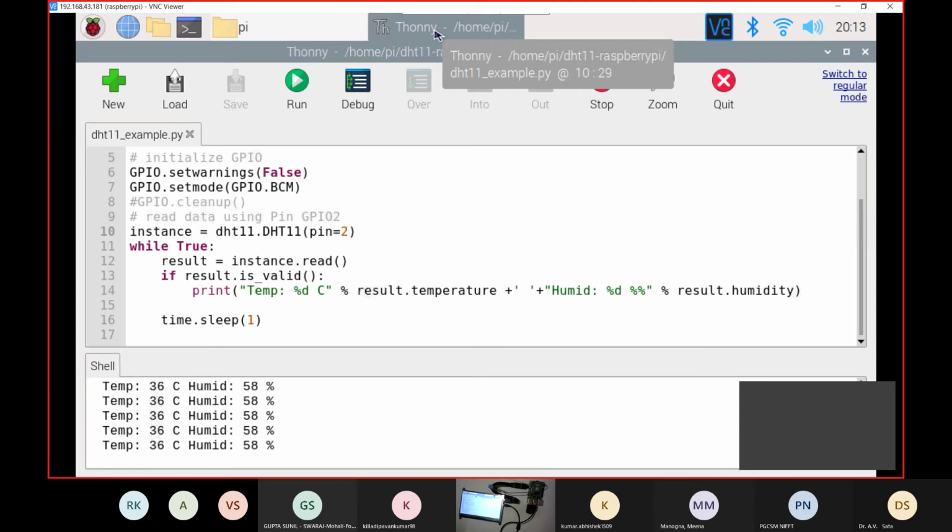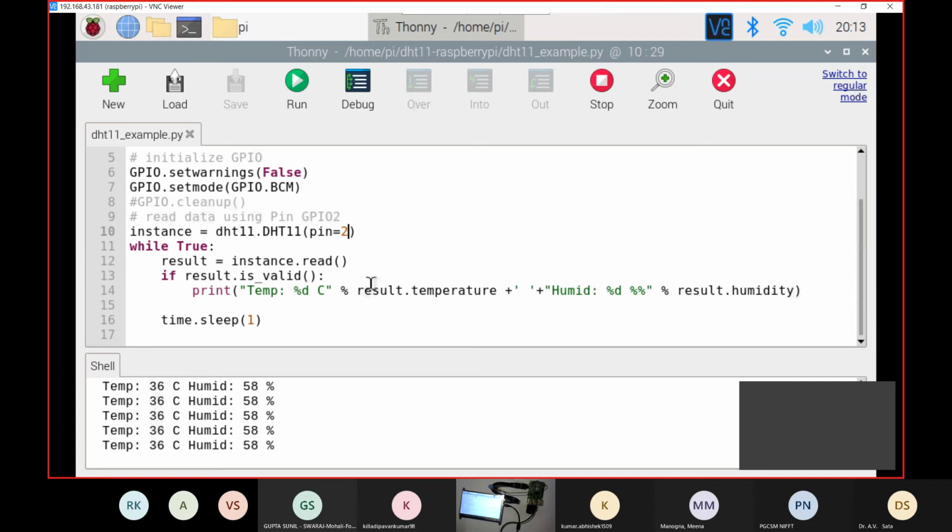So our DHT11 demo is over here. I'll be showing some pretty simple functionalities of Raspberry Pi so that you can connect it and get to know what simple things you can do with Raspberry Pi.